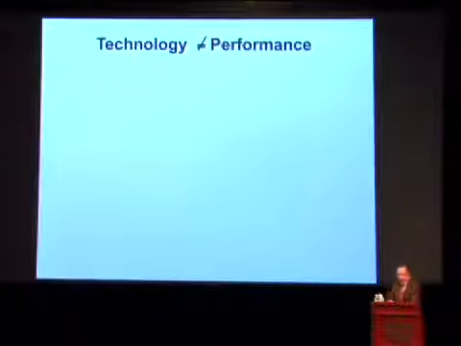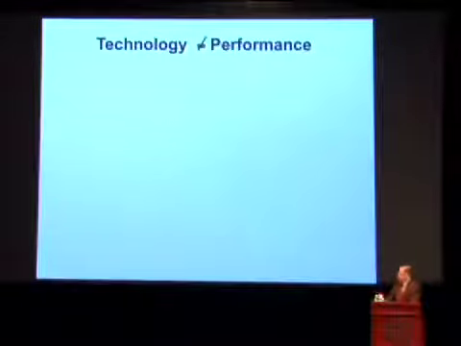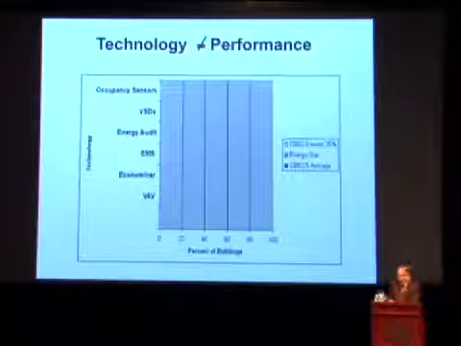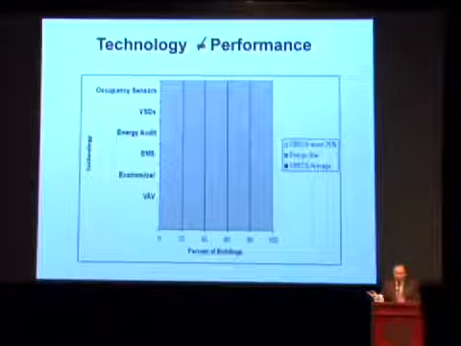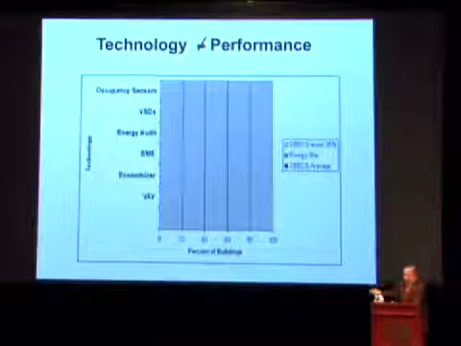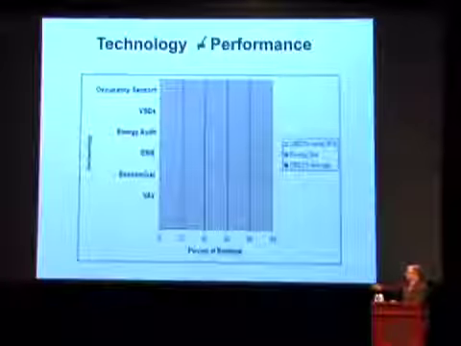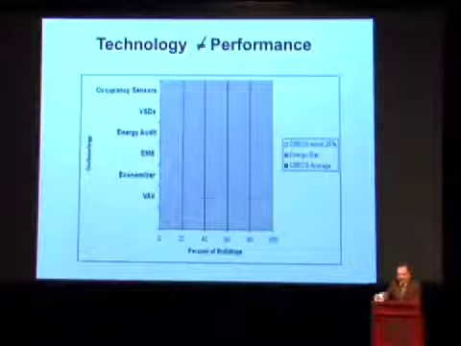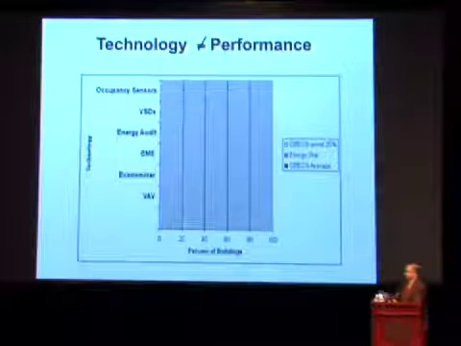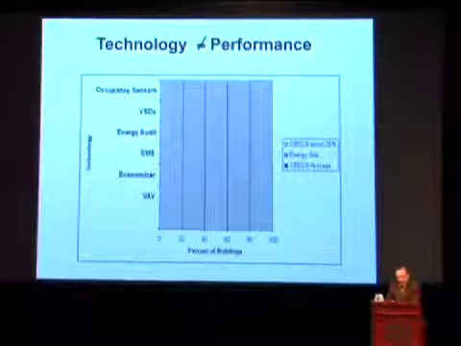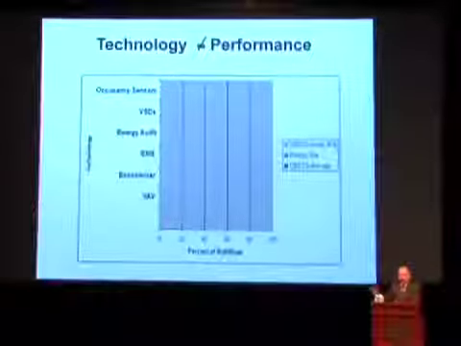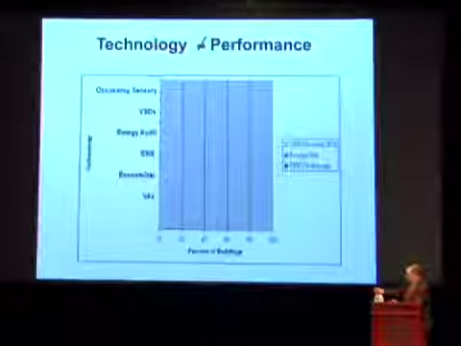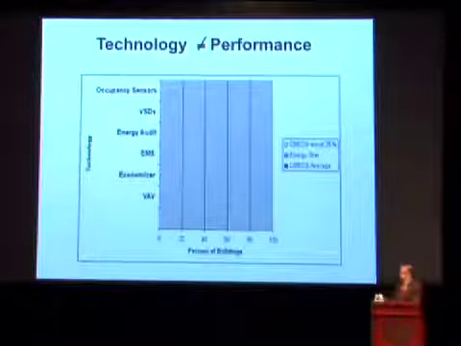This is another slide from data from the EPA. And there's this whole concept in green building that technology is what's going to give us the efficiency we need for building. So here's a list of features that are considered to be energy efficiency features in a building. Occupancy sensors to turn off the lights when you're not there. VSD is variable speed drives. Energy audit means somebody's actually paying attention, going into the building to try and figure out whether it's working or not. Economizer means that you don't have to turn on the air conditioning if it's cool outside, you just bring in outside air. Seems like a no-brainer, right? And variable air volume, just so that there's no terms up here you haven't heard.